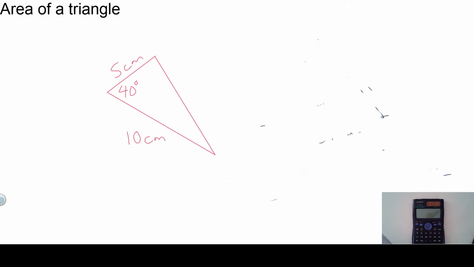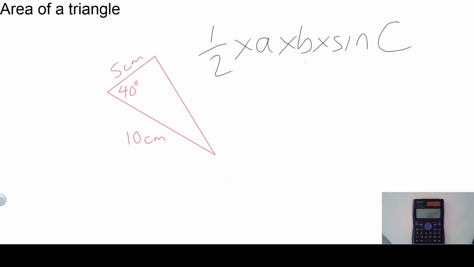In a situation like that, you'd need to have a formula. You need to know what a formula is to work out the area of a triangle with an angle involved. And the formula for that is half times A times B times sine C. Now, if you're wondering what the A's and B's and the C stand for, I'll make this easy for you. Now, let's suppose